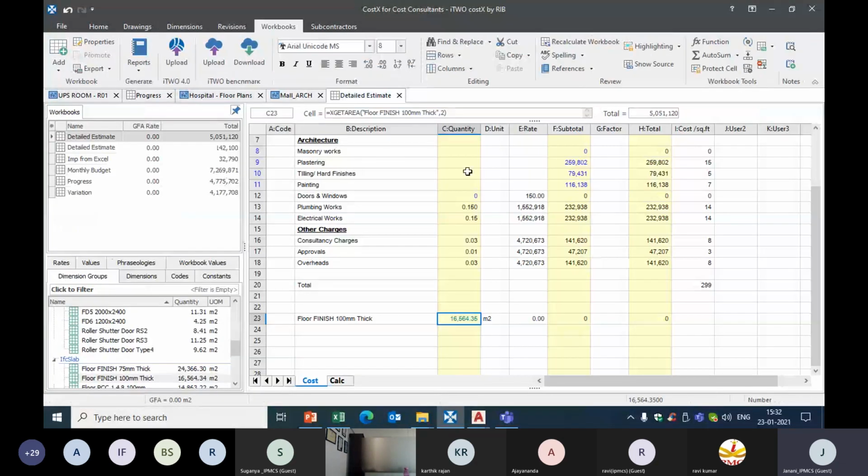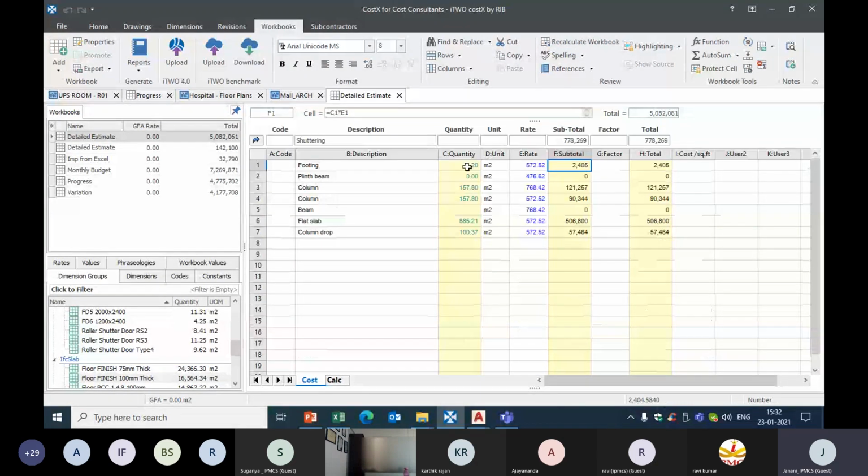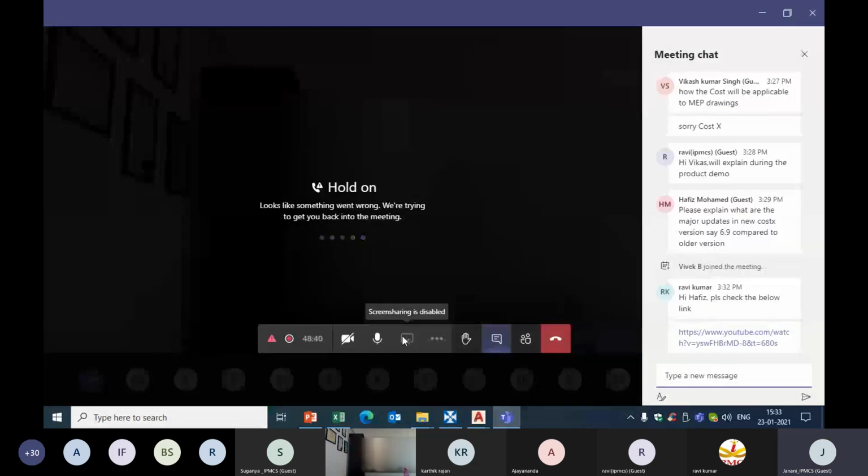The same way I have linked quantity from the 2D drawing, say footing quantity which is 4.2 square meter. As you show source, it will automatically open the drawing.